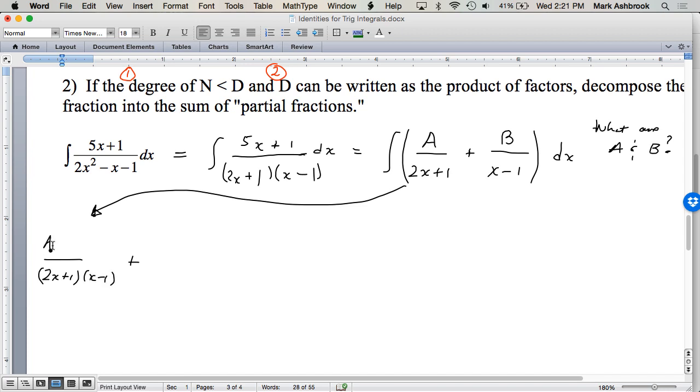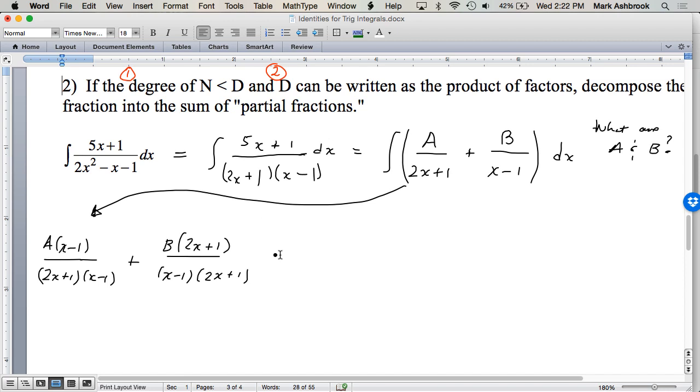So hopefully you're thinking x minus 1 over x minus 1, and then b times 2x plus 1 over? Yeah. So, in future examples, you don't have to, there are some steps we can skip here, but on the first one I want to do it really explicitly, okay? But in the future, we can do half as many steps. All right, so